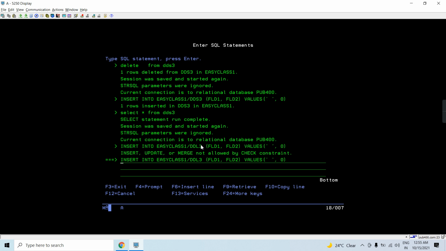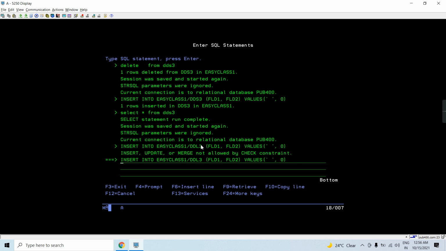So what is the difference you have seen here? During the SQL insert operation in DDL files, the validity checking happens when we insert the record, and in DDS validity checking happens when we read the record.